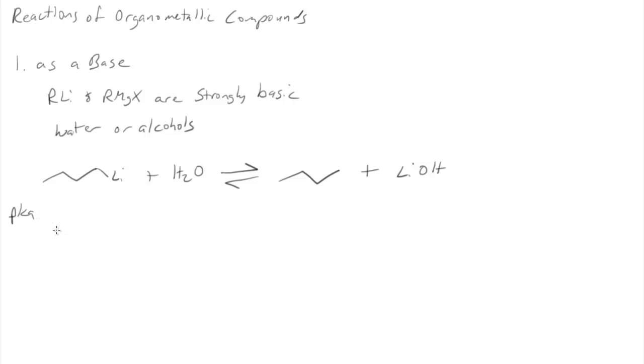So you have to look at the pKa of the acid on each side of the reaction. On one side it's water, and the other side is butane. The pKa of water is 15.74. The pKa of butane is about 60. So which way is this going to go? It's going to go completely to the right. The equilibrium lies more than 10 to the 34 times to the right for every one time it reverses towards